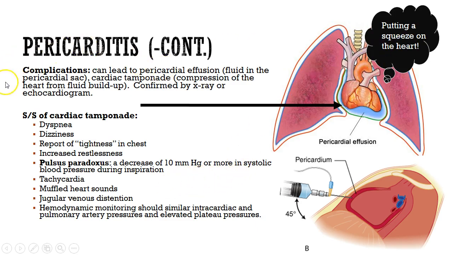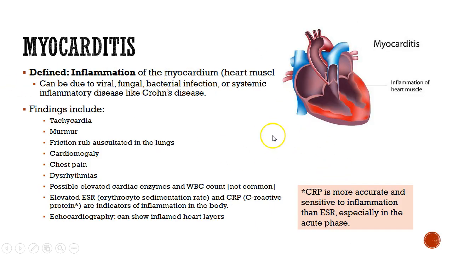But again, the two major complications: pericardial effusion, which is buildup of fluid, and tamponade. So myocarditis is going to be inflammation of the actual heart muscle itself. So let's think about the heart muscle, what its job does. And so when you look at the findings,